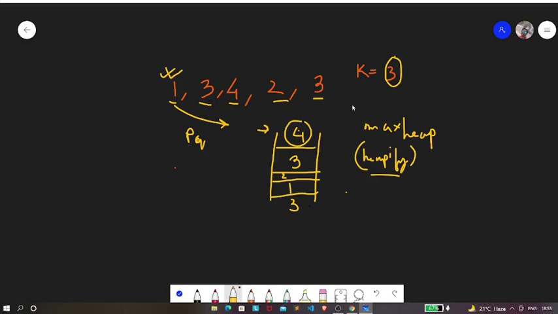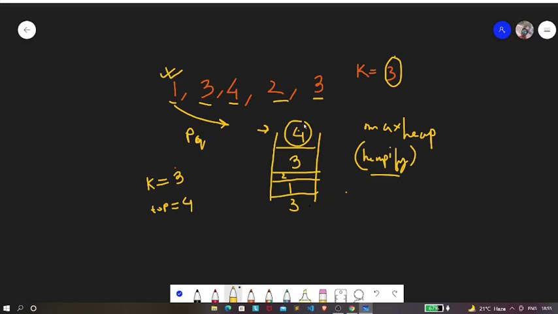So next we are told that our value of k is 3. So we're going to pop the elements from the priority queue one by one, that is the largest element. So currently our value of k is 3. Now we'll be having a variable, let's consider it to be current top. So if we just find the top of the priority queue, then it will be 4. So our 4 will be over here.